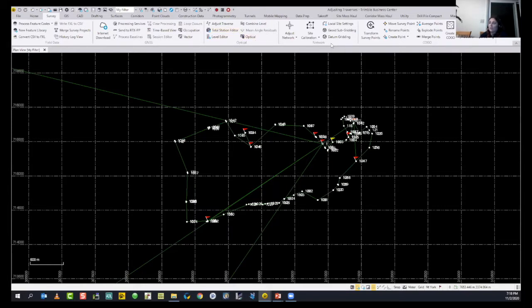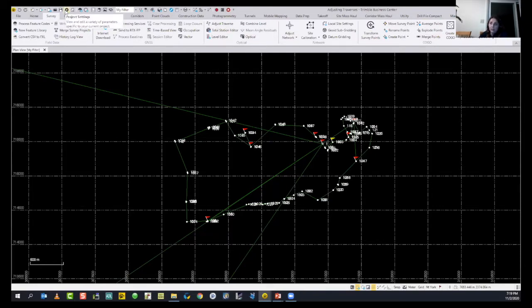Under Network, you will see the Adjust Network options. The Coordinate Geometry section shows you Transform Survey Points, and merging or moving survey points. So before starting your calculations, just check your project settings.